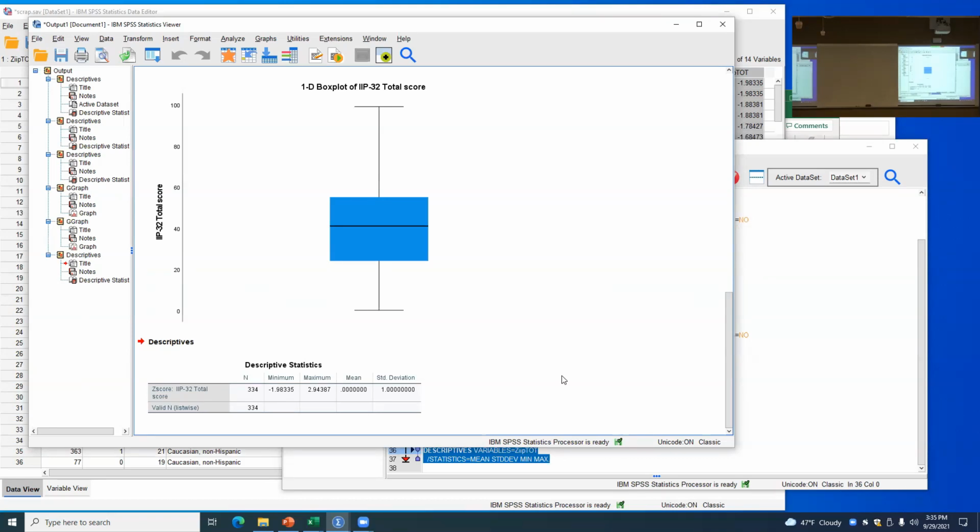Okay, so here are z-scores, and you see this? You take a look at the mean of your z-scores. If it isn't zero across the board, it means that something's gone wrong. Because by definition, the mean of z-scores is 0 and the standard deviation is 1. If those two things aren't 0 and 1, you know I've made a mistake somewhere, and it's probably that